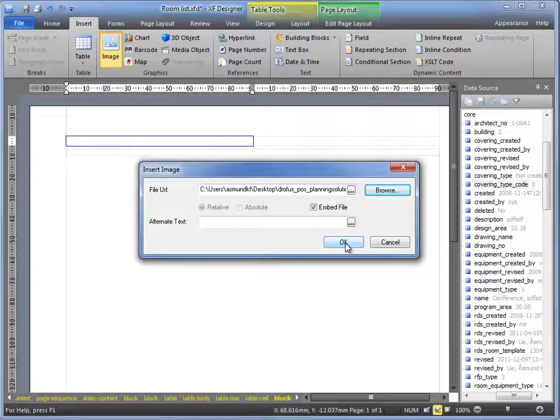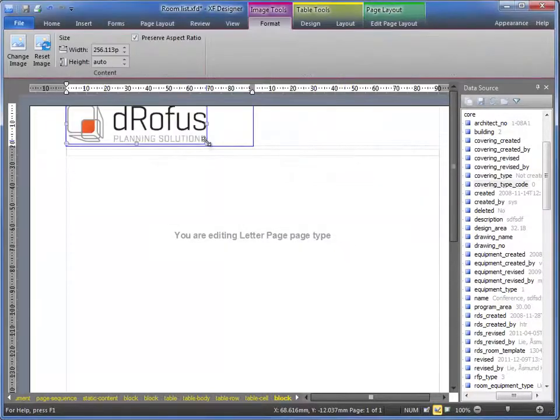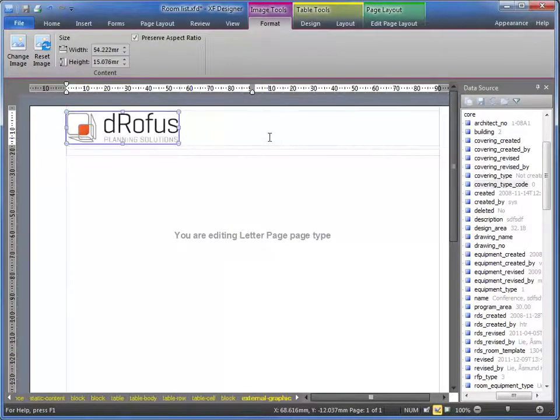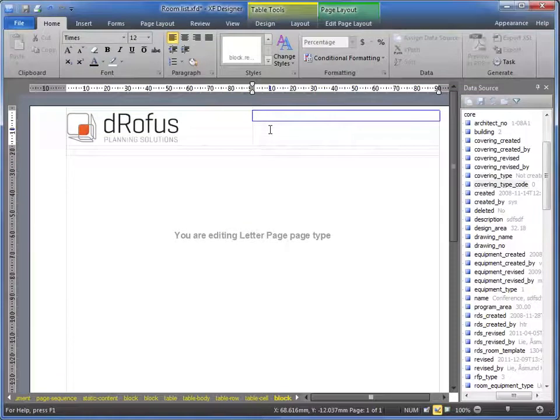It must be embedded in order to render it on the server. So I'll just adjust the size a bit, make it a bit smaller, and on the right hand side I'll just add some text. My first custom report,